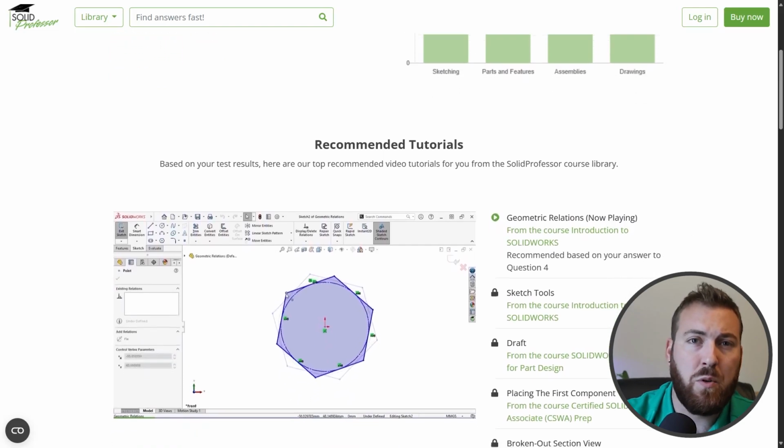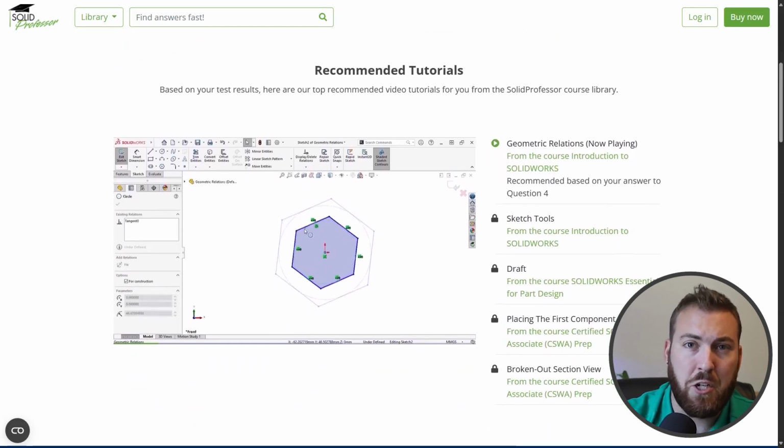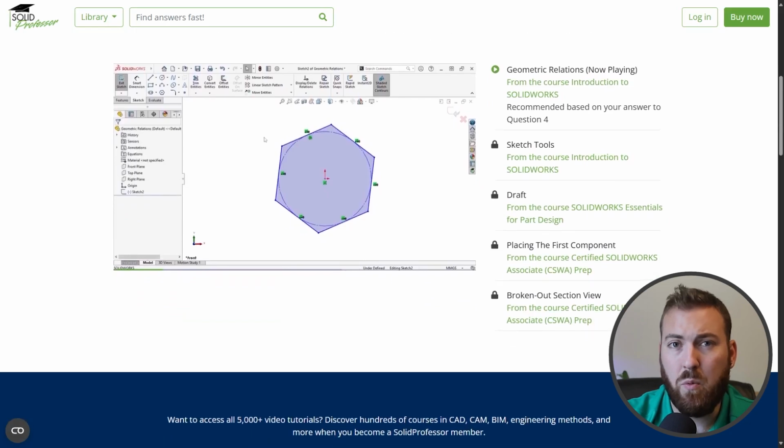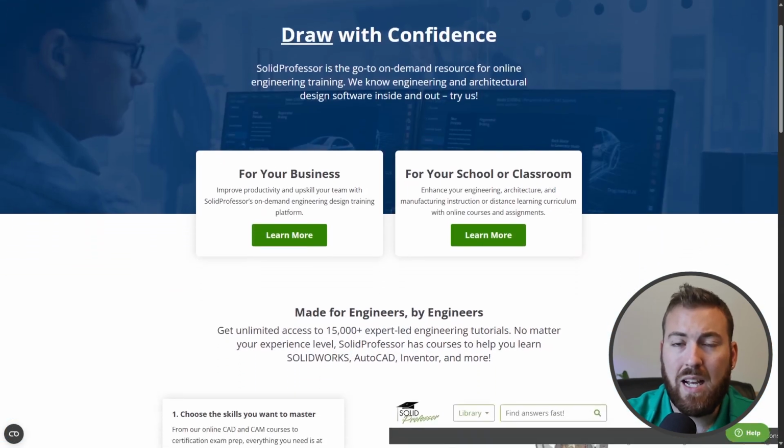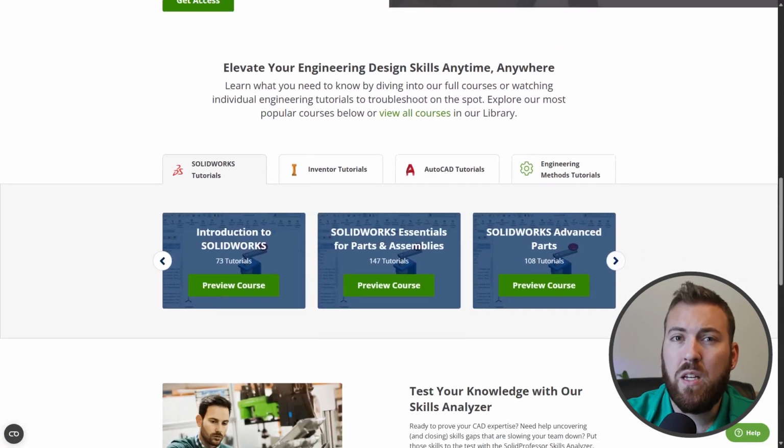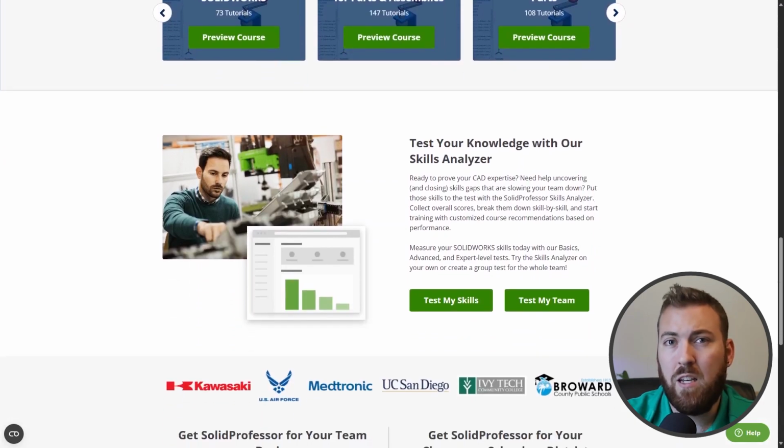The Skills Analyzer is great for baselining your team's design and engineering capabilities and bringing newer team members up to speed. And since it doesn't require an account to use, you can even use it to assess the abilities of potential hires. Now, while the Skills Analyzer is the most logical first step to using SolidProfessor successfully,